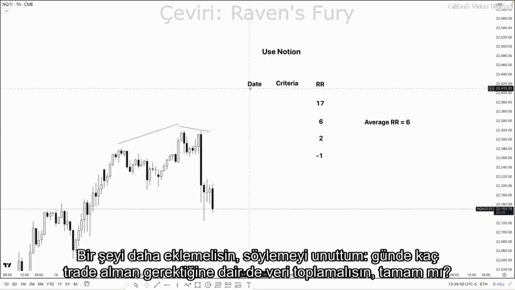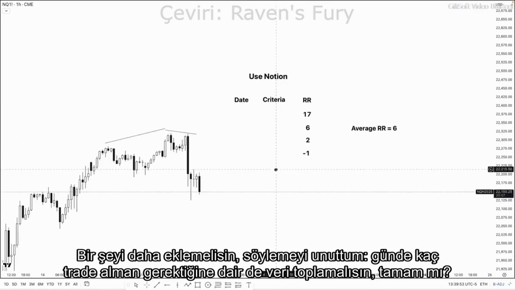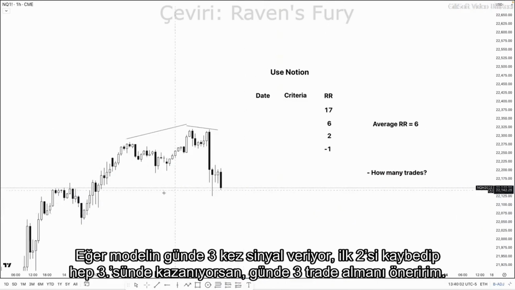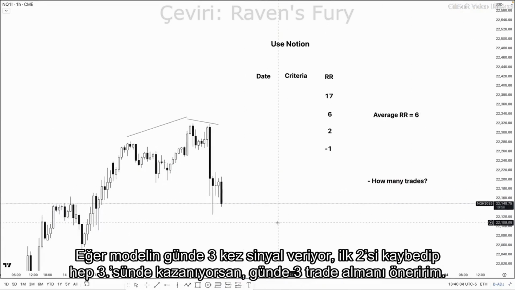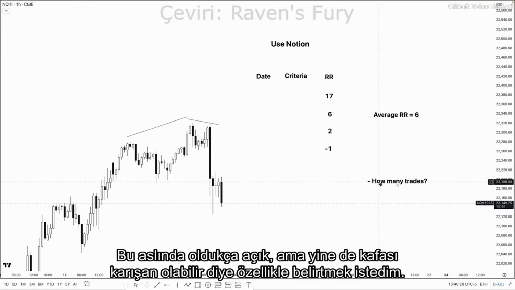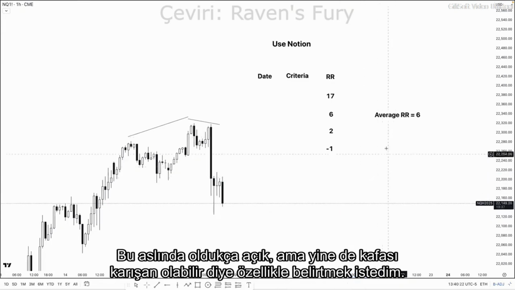And you should also, forgot to mention, collect data on how many trades you should be taking a day. Okay, if your model presents itself 3 times and it fails the first 2 and always you win on the 3rd, then I recommend you should be taking 3 trades a day. But if your model appears twice and you always win the first one, for example, but the second one you don't win, trade once a day. It's quite obvious, but I think I just need to point that out